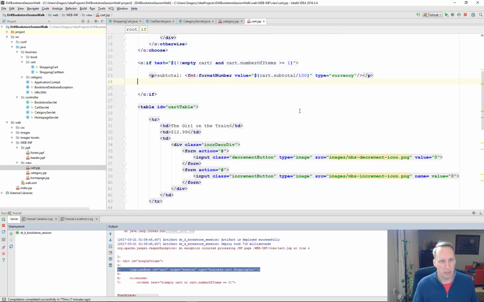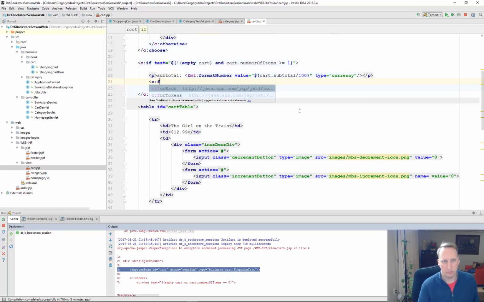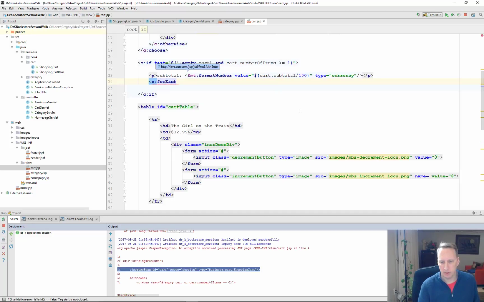All right. So I'm going to add my table here. And my table is going to, basically, iterate over all of the items in the cart. Okay, it's going to iterate over all of the items in the cart. So that is a for each. All right. So for each item, so for each var equals item,